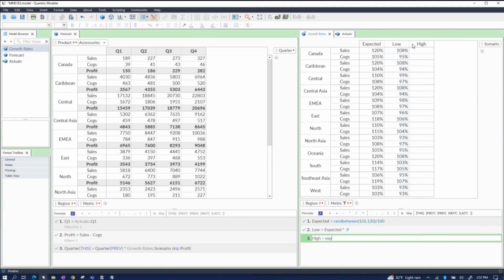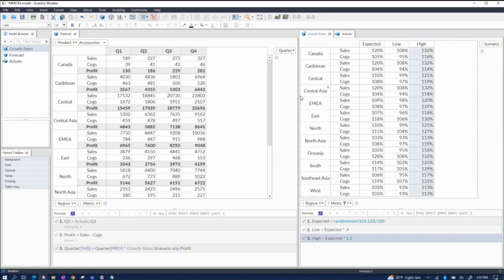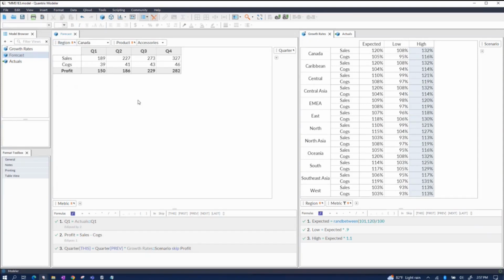So we'll do the same thing for high, maybe expected times 1.1. So now this brings us to the ultimate question, and oftentimes the ultimate challenge we face in spreadsheets, which is, how do we compare side by side the different outputs of our different scenarios? Maybe, for example, if I pull region up to the top in my filter tray here, let's say for Canada, we want to know what's going to be the different projection of our appliances business in Canada across these different